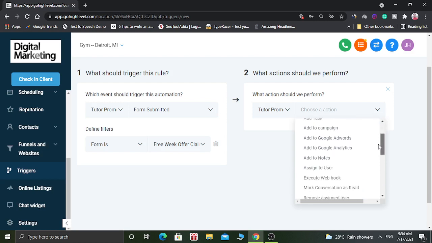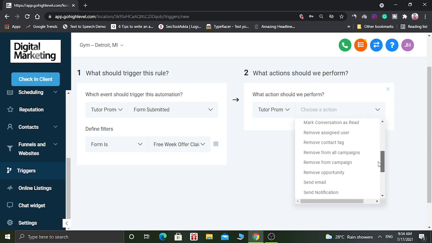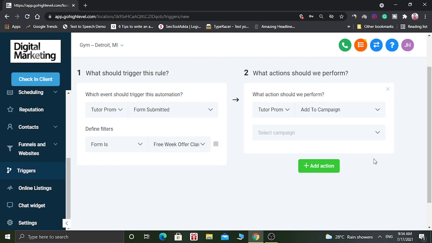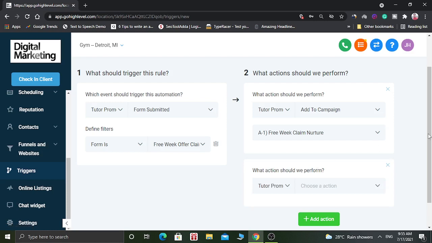For this example, we are going to choose add to a campaign, and you have to select the campaign. You can also add multiple actions.